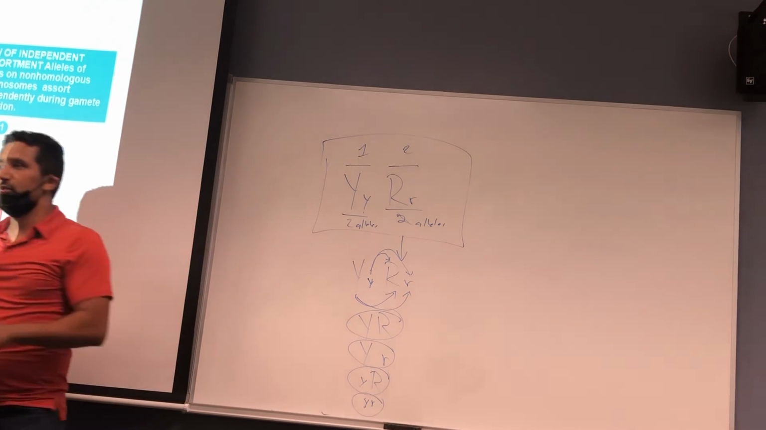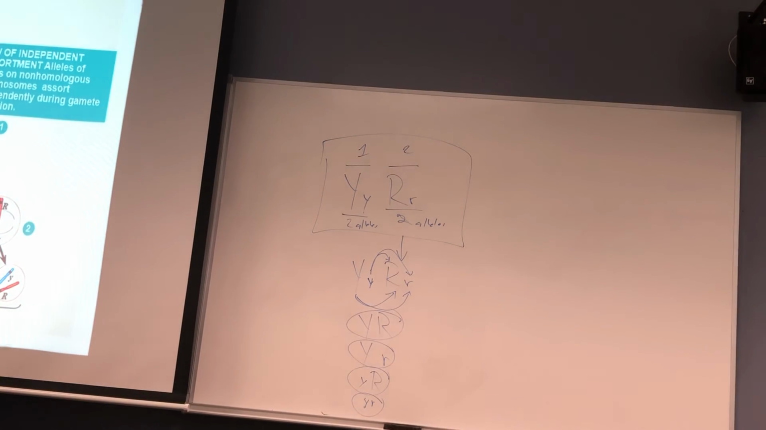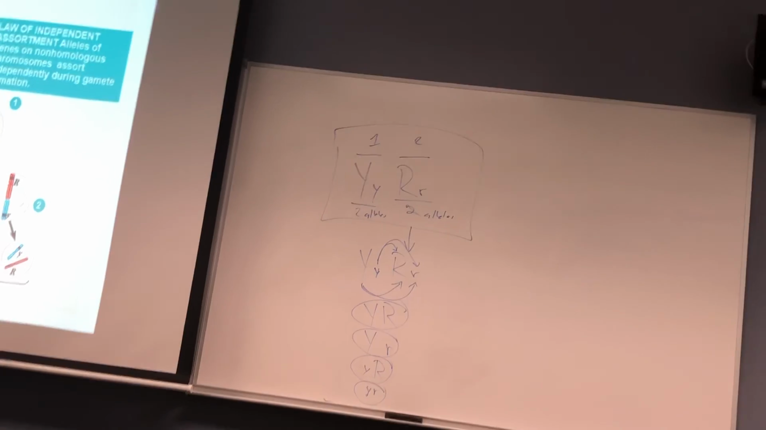Okay, so make sure you're able to determine those gametes based on that genotype. Right, and that's what you have right here. And this happens during metaphase 1, anaphase 1, and then metaphase